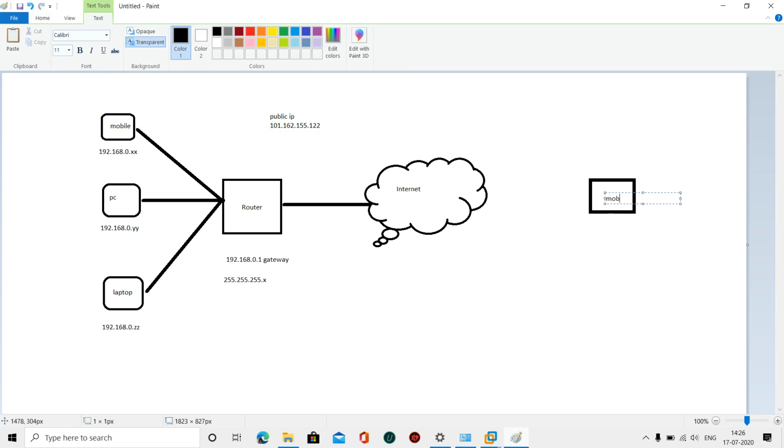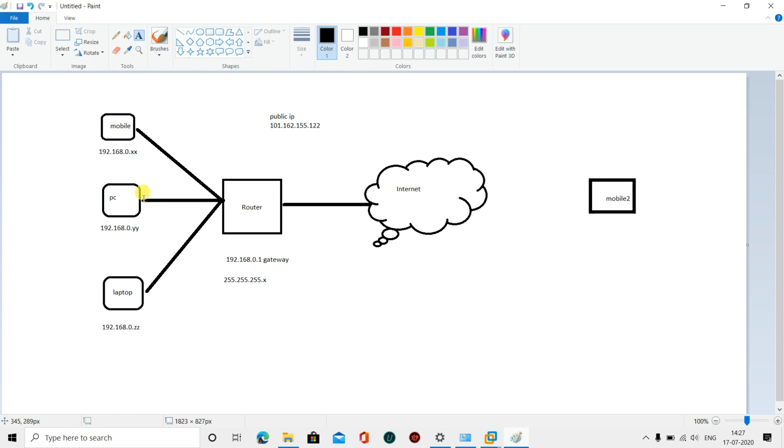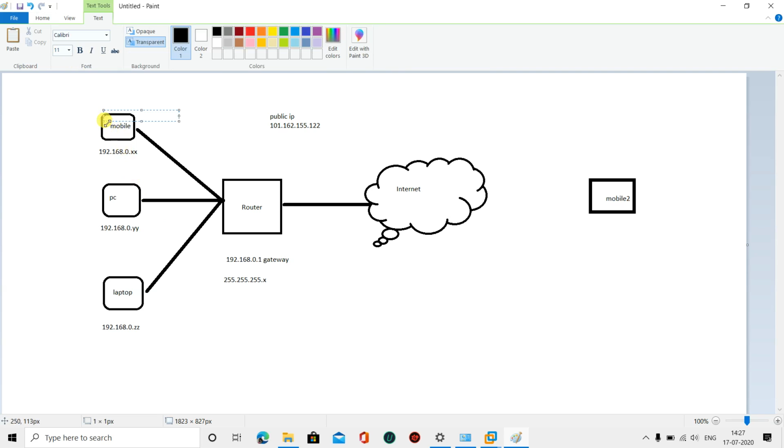Now consider it as mobile 2. Suppose this is a hacker's mobile and he wants to hack this mobile 2. If mobile 2 is in his router, that is, in his local network, he can hack it directly by using this IP for communication purposes.